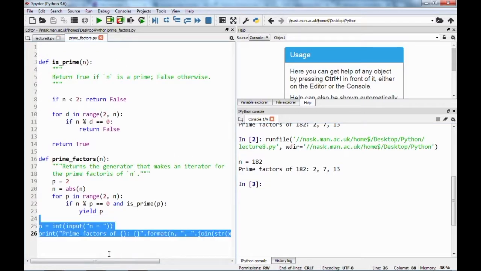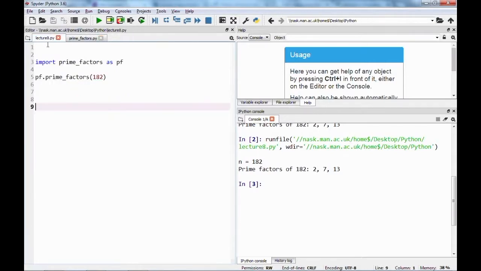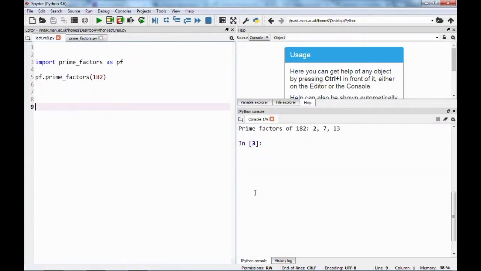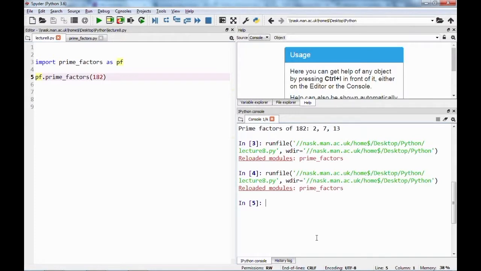We need to avoid putting any code outside functions because we do not want this to be executed when we import it. So let's get rid of this input that we had there. Save again, and run this code from scratch. And it's now actually working. Python tells me that I have previously loaded this module. I don't need to load it again technically, but it doesn't really matter, so I can reload modules as often as I want. This computation now works, and I can verify this by printing out the prime factors that are